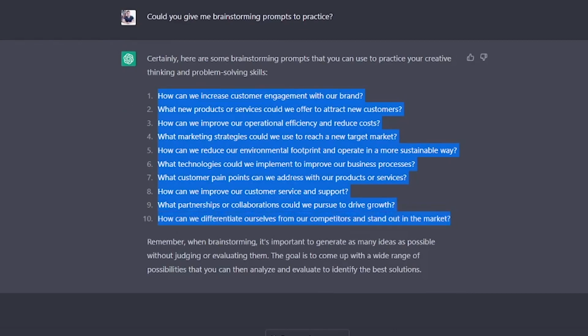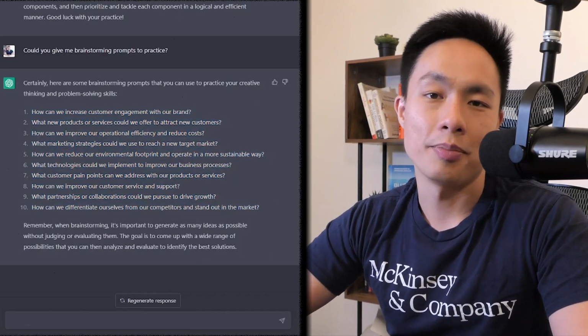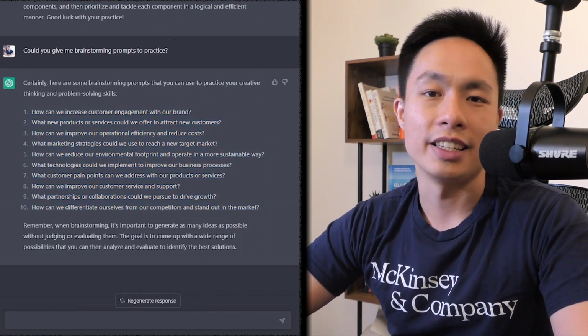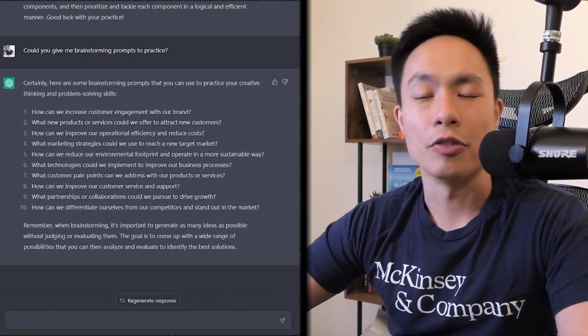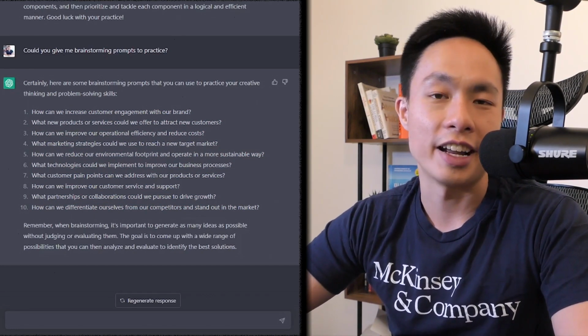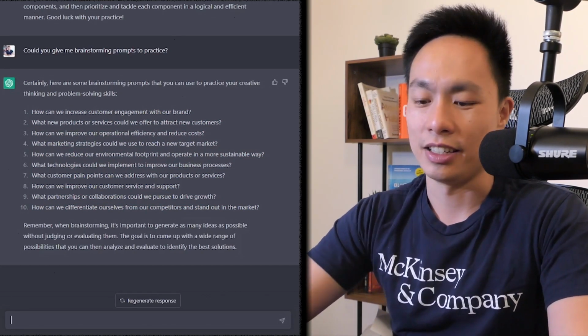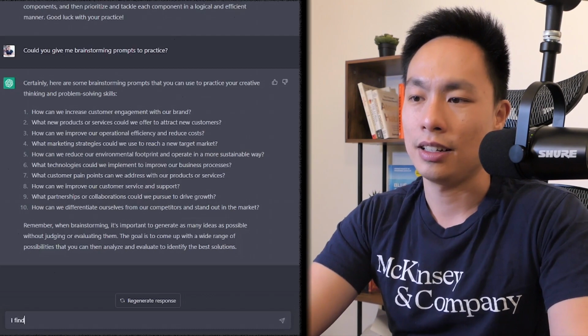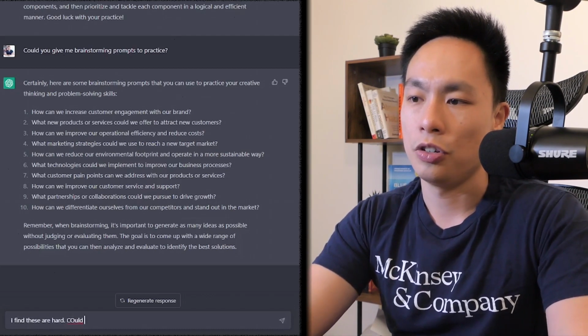And I'm gonna give you a trick here, which is that you can look at the prompts and figure out, is it the level that you want? Is it too easy or too hard? So for example, let's say that I read through these and I realize that these are way too hard for me at the level. I'm not able to come up with a lot of ideas. So then what you can tell ChatGPT is, I find these are hard. Could you